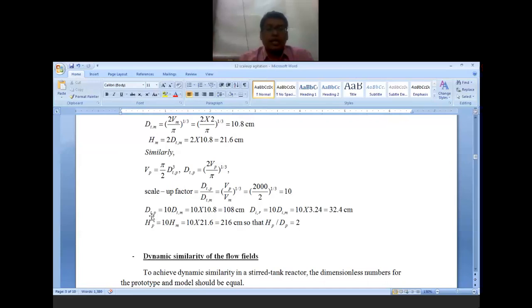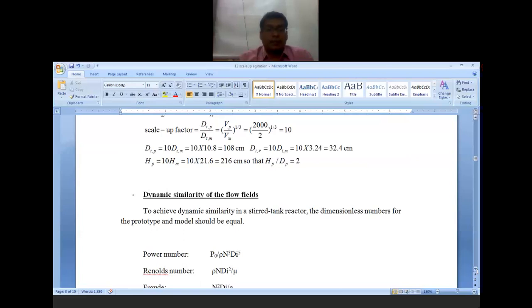So similarly, dTp, the diameter of the tank in a prototype, will be 10 times the diameter of the tank in a model. Similarly, height in the prototype will be equal to 10 times the height in the model. It comes out as 216 centimeter. So Hp upon dTp is equal to 2. This is one simple example